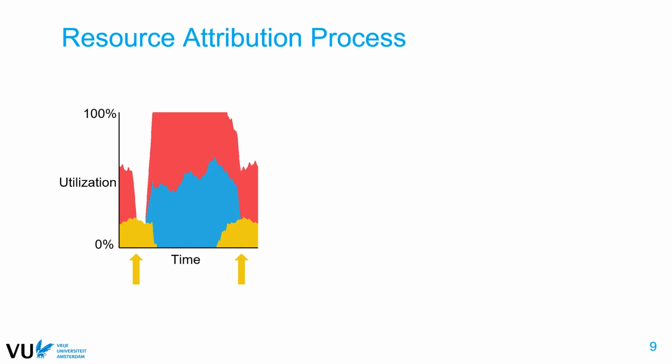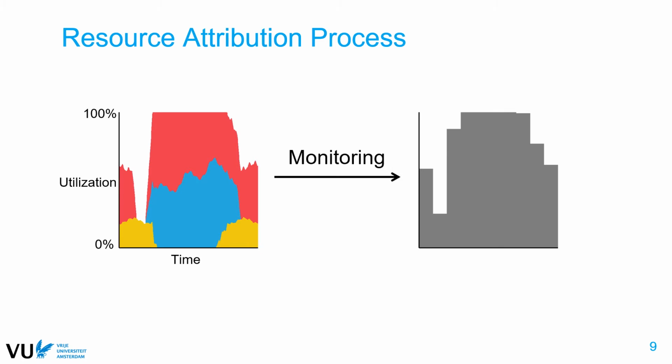The lack of yellow area in the middle time interval indicates that the yellow operation did not use the CPU during that period, perhaps because the red and blue operations were saturating the CPU at 100% and the yellow operation had the lower priority. If we were to monitor the utilization of this resource using run-of-the-mill system-level monitoring, we lose a lot of information. Monitoring tools measure the average utilization over coarse time periods, so they miss short-term variations in utilization. Also, monitoring tools do not have information on our application's internal operations, so they only measure the total utilization